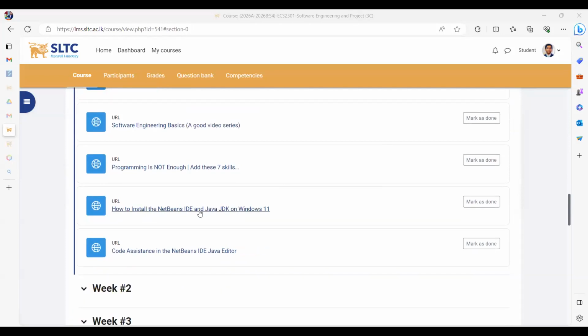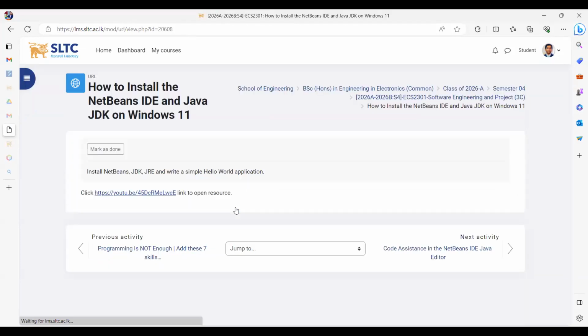I want you to go through these two links, right? Of course, there will be another document. I will upload that in a while, your worksheet for tomorrow. But essentially, what you need to do is to go to this video clip, watch that video clip. It's a YouTube link. Watch it and install NetBeans along with the